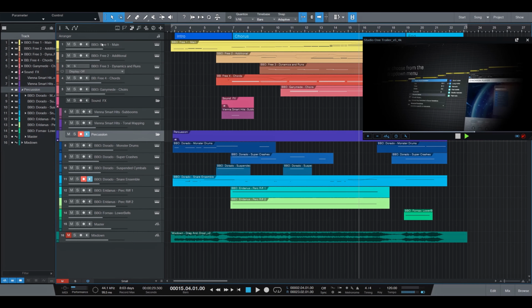Let's take a quick look at the structure, looking at the Arranger track in Studio One. When composing a track for a teaser or a trailer, it is useful to use a simple structure yet offering a good number of accents and shifts which are going to inspire the editing process of the video.